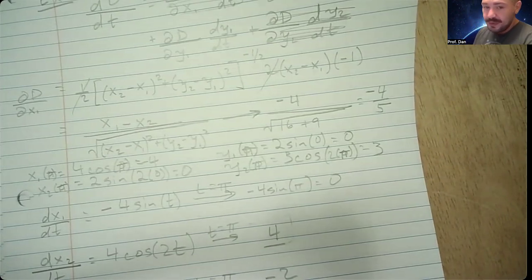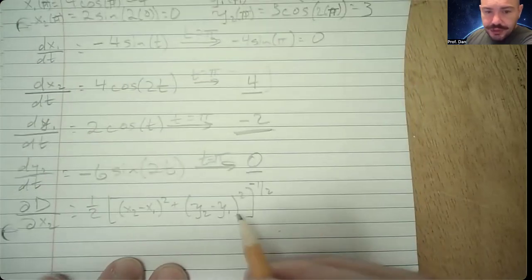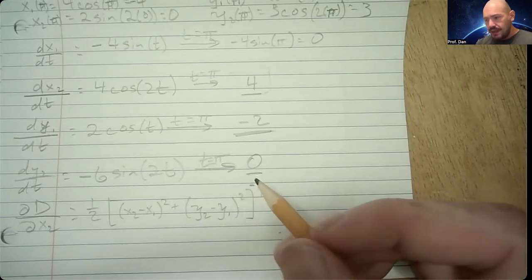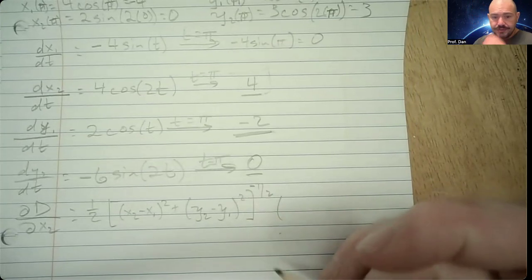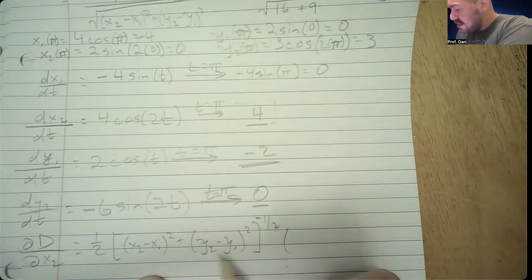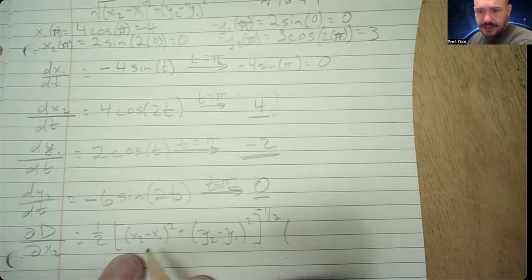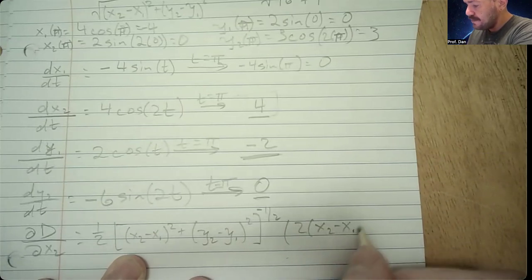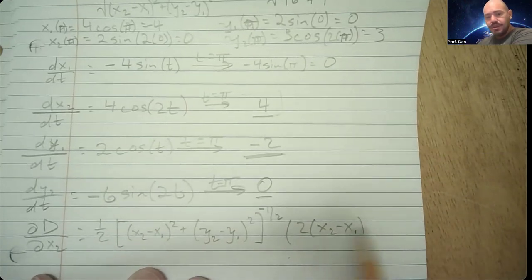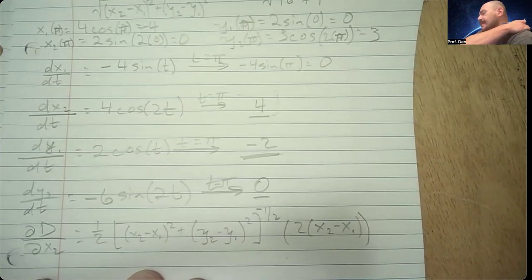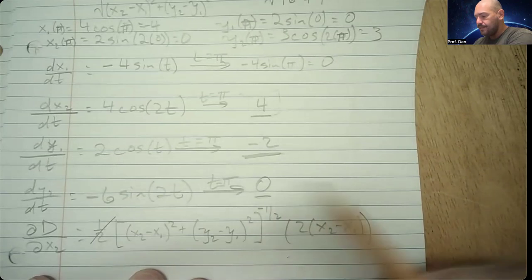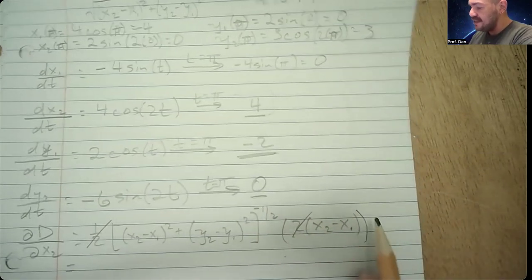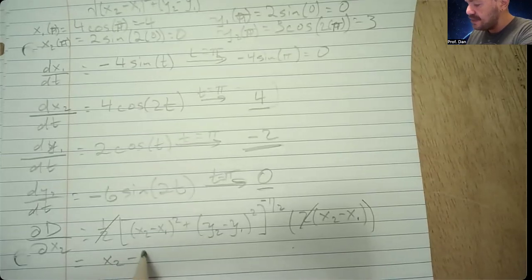We would take 1 away from the power, and then we would multiply by the derivative of the inside, keeping in mind that x2 is the only one that matters. So with that said, I don't care about that. I just care about this part. So bring the 2 down, I get 2 times (x2 minus x1). Since the coefficient of x2 is 1, I don't have to multiply by anything else. And just like before, the 1/2 and the 2 multiply to make 1. So this partial derivative is essentially just x2 minus x1